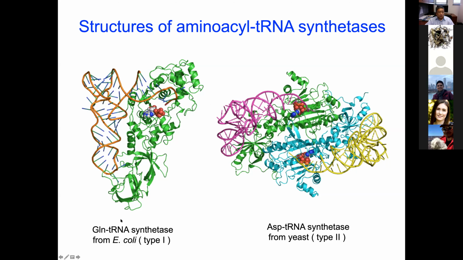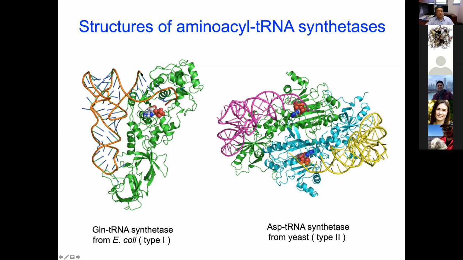And so you see, I show you two structures. One is the class 1, a glutamine tRNA synthetase from E. coli bacteria. You see the tRNA bound to the enzyme, which is those green ribbons. And this is the 3' end of the tRNA. That is the amino acid coupled to the adenylate. And then the enzyme catalyzes the reaction of transferring that amino acid to the 3' end of the tRNA